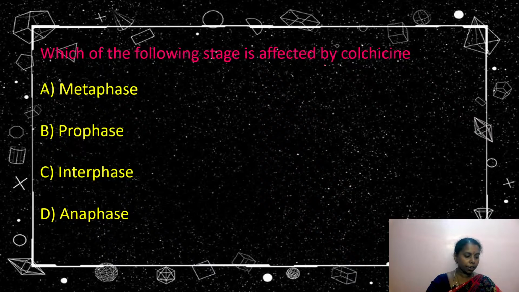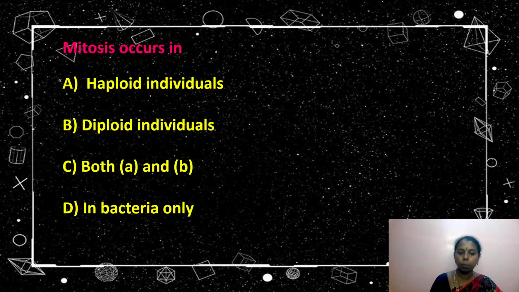Yes, it is metaphase, Jeevan, Tarunika, and Kalpana. Excellent. To study the structure of chromosome, metaphase is most important. So, the metaphase stage can be studied with the help of colchicine. It is even called a mitotic poison. Vivek, Vaishnavi, Lakshita and Kalpana answered excellently. 100% you are all very correct. Now let us continue with the next question.